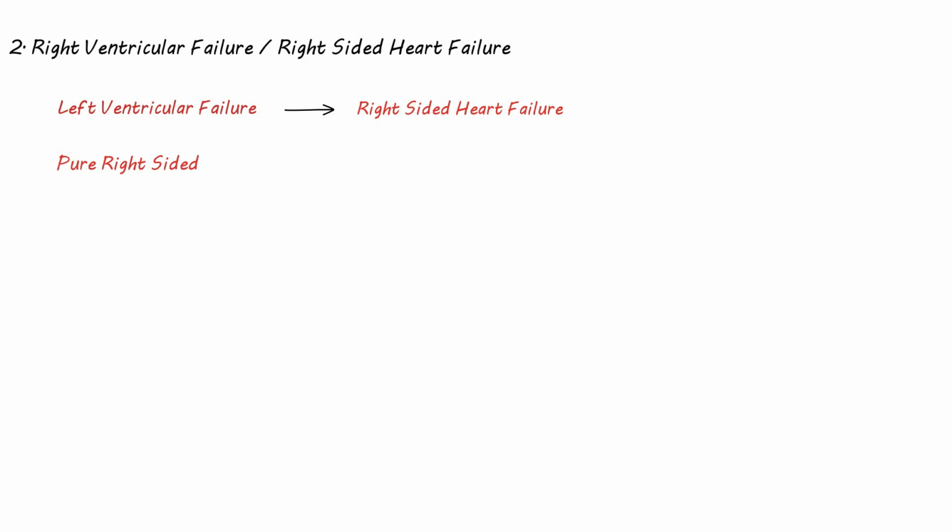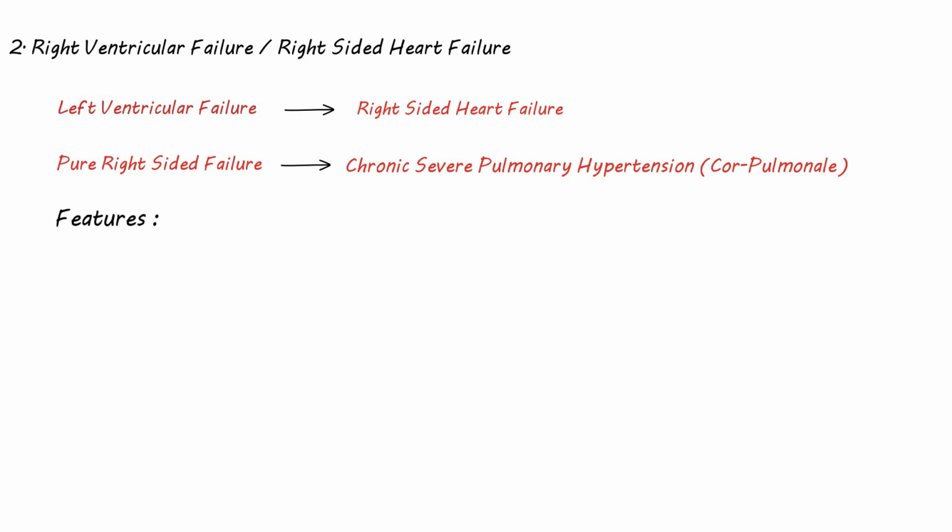Right ventricular failure, or right-sided heart failure. Left ventricular failure is the most common cause of right-sided heart failure, whereas pure right-sided failure is seen in chronic severe pulmonary hypertension and is called cor pulmonale. The features seen as a result of the inability of the right heart to pump blood in different organs include